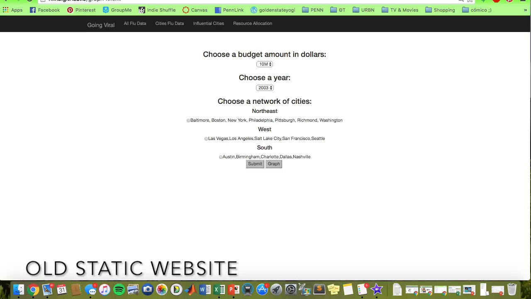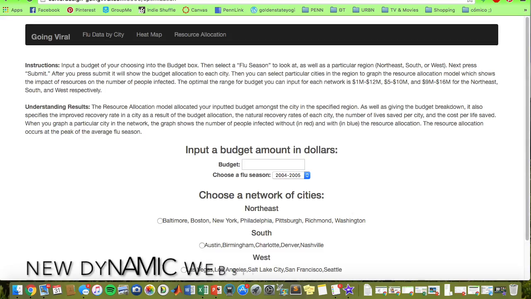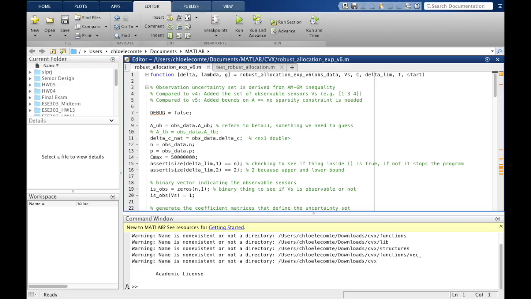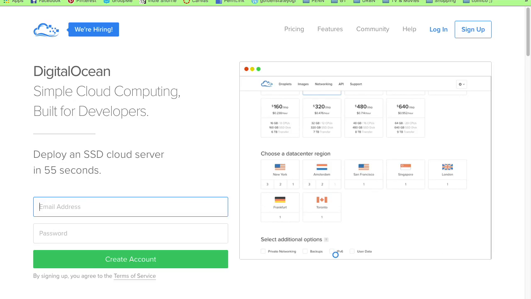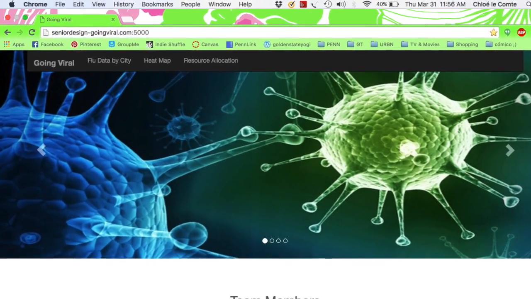Our website now also dynamically returns the results of the resource allocation. After exploring many methods of connecting our website to the MATLAB code, our final solution involves signing up for a Ubuntu server with a company called DigitalOcean. After some small hurdles uploading MATLAB to the server, we are now hosting the website on a domain,